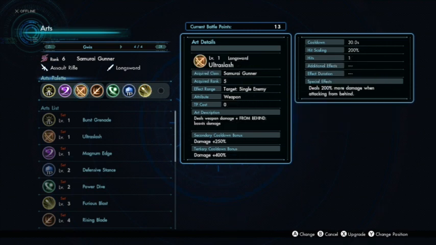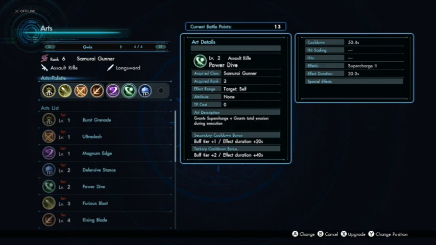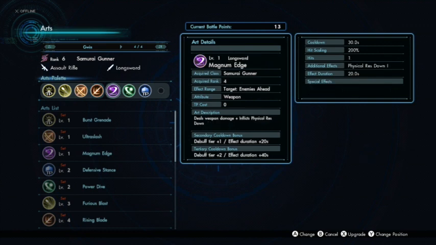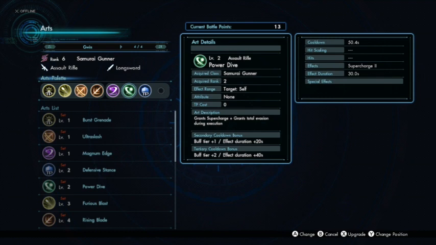I'm going to have my males there. Furious Blast. Okay. All of his damaging arts close to each other, since he's just really, really good at doing damage, both any type, really. He's not specifically good at range, not specifically good at melee. And then I have his buffing arts over here, like his auras and Power Dive. Power Dive complements his other...